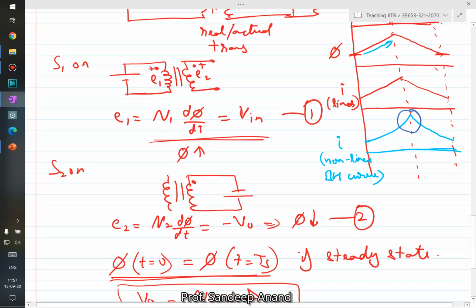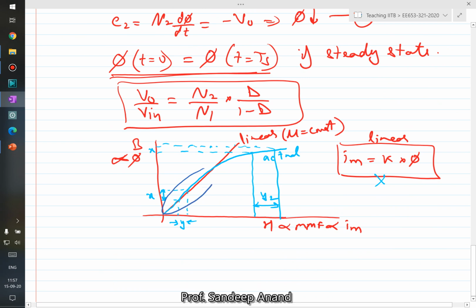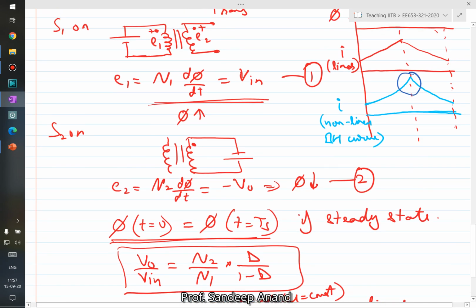But if you ensure that you are operating in the linear region of the BH curve, then this phenomenon may not be very visible, and what you observe is almost a triangular current waveform. But if your transformer goes into more saturation, then you would start seeing the current spiking in between. The current waveform would no longer be triangular, but still your formula would hold good because we have derived it from the basic principle, Faraday's law. So this peaking in current would change the current waveform but would not affect the output to input relationship, considering all the other effects are neglected.